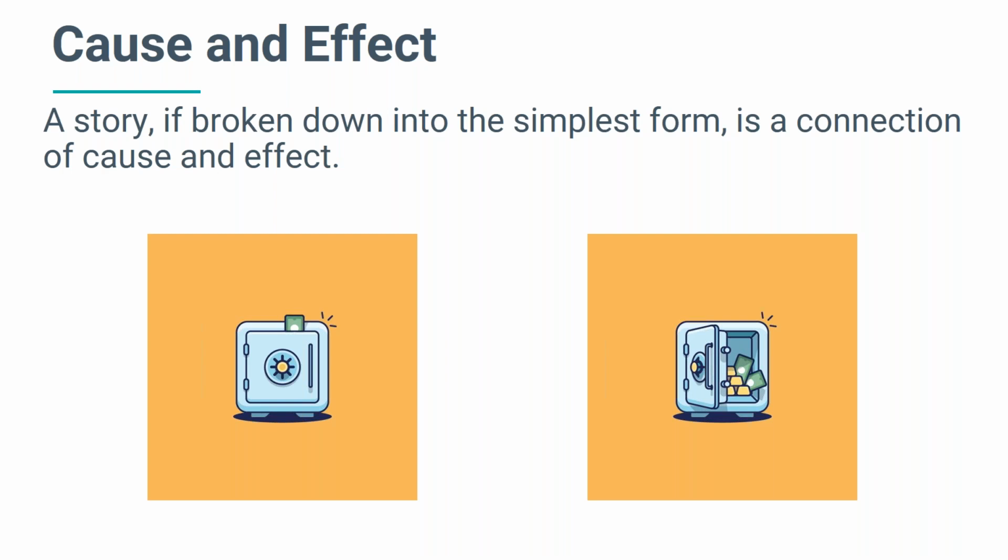So really, a story is just, in its simplest form, cause and effect. And we think in these narratives all day long, whether we're thinking about how we're going to get to the grocery store on time or what we have to do at home before we go to bed. If you look at these 2 images, they tell a story. Who broke into the safe? Why did they need the money? We just can see a cause and effect, and immediately our brains start exploring all the possibilities because we're really hardwired to think in storylines, just the narrative to point from point A to point B.